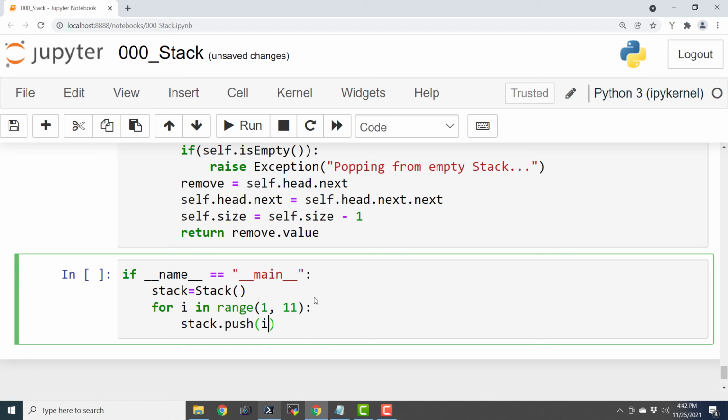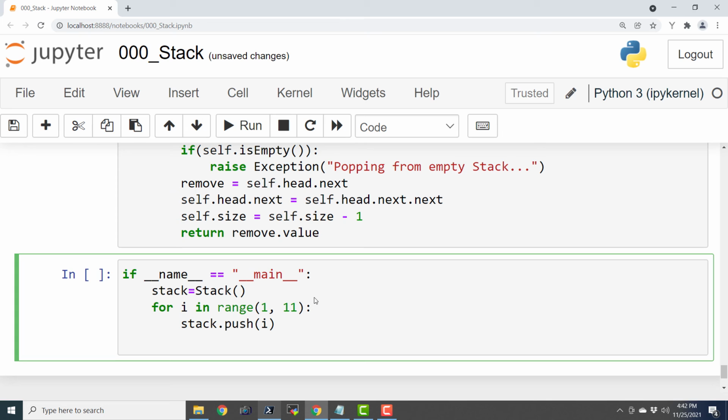So I'm going to push the items from 1 to 10 into the stack, and finally I'm going to print that stack.